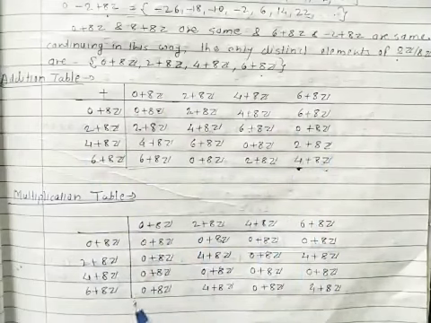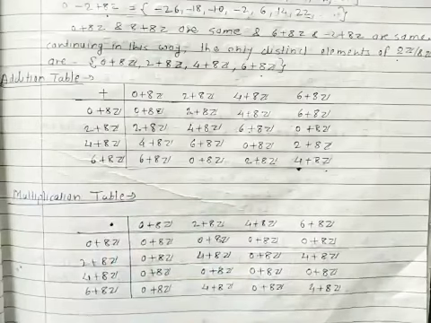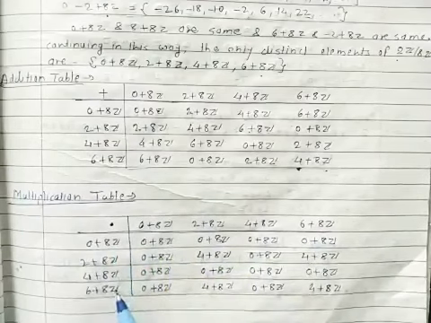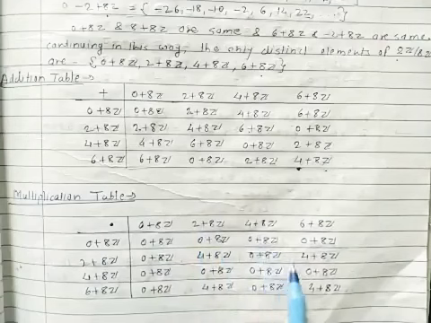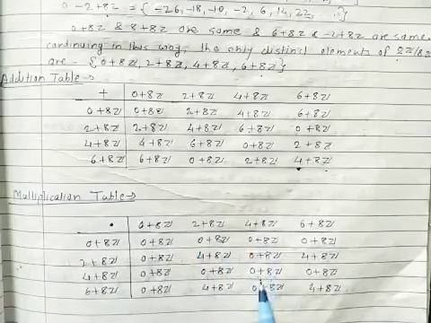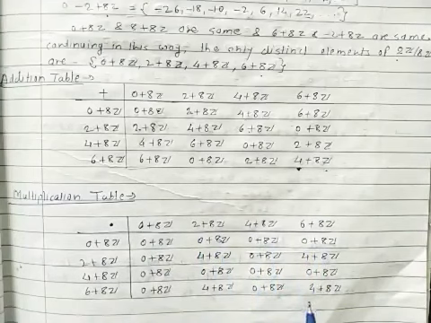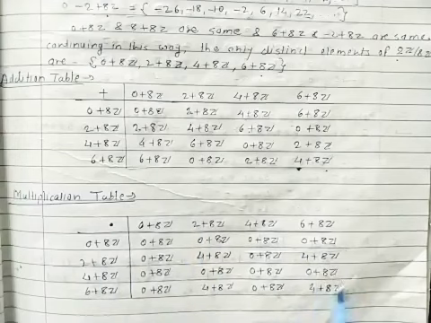Similarly, we will form the multiplication table. Here we construct the table. For multiplication, these 4 elements are written here, and we keep 8Z as it is. Multiplication of 0 and 0 is 0, 0 times 2 is 0, like this. Here 4 times 4 is 16, and 16 is 0 in 8Z. 4 times 6 is 24, which is 0 in 8Z. 6 times 2 is 12, and 12 is the same as 4 in 8Z. In this way, we have constructed the multiplication table.